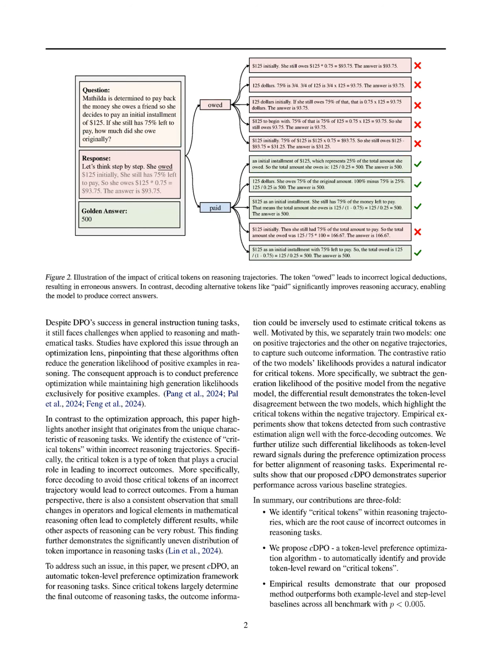The proposed method aims to address the problem of incorrect reasoning trajectories in mathematical reasoning tasks by identifying critical tokens that lead to erroneous outcomes. These critical tokens disrupt logical flow, misrepresent relationships, or introduce computational errors, significantly impacting the final result. Identifying these tokens is crucial because avoiding or correcting them can often lead to correct outcomes, even when the overall